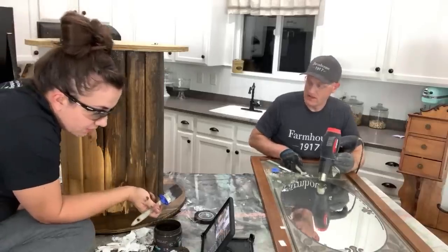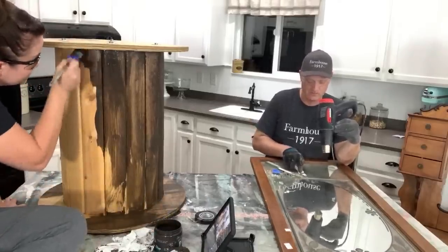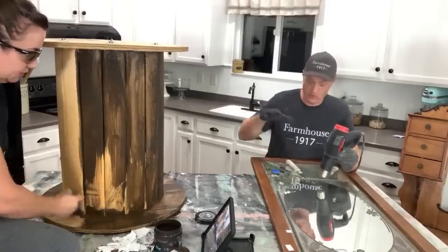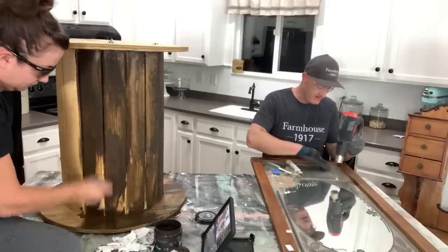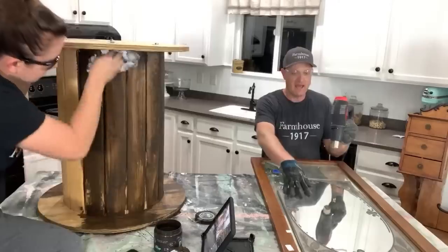Let's see. So in a minute here, we will get a stencil on that, if you guys are hanging out to see something cool happen with that stool. They want to know what you're doing with the mirror. So there's a really old antique mirror underneath here that's got that fun silver and beveled glass, and then someone glued, double-sided taped, a